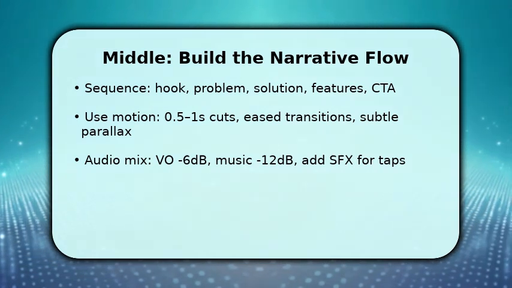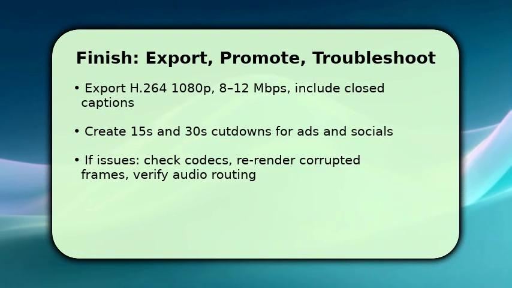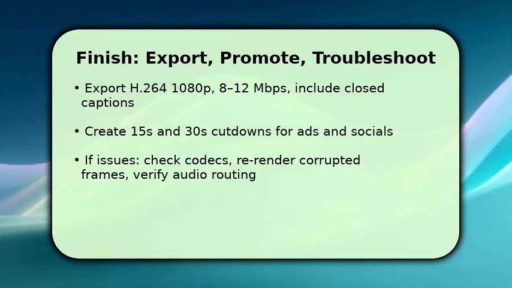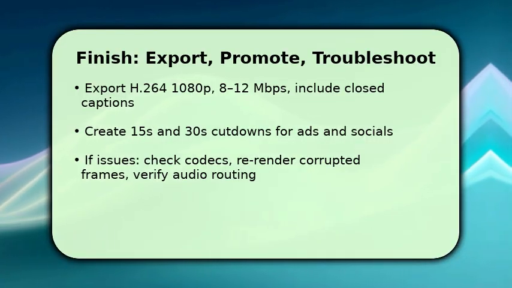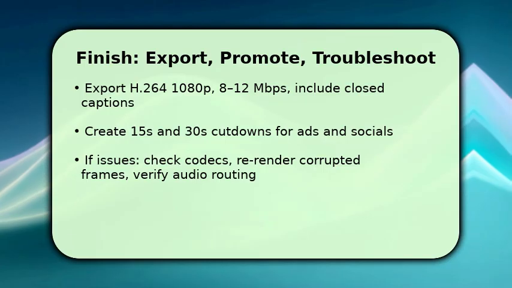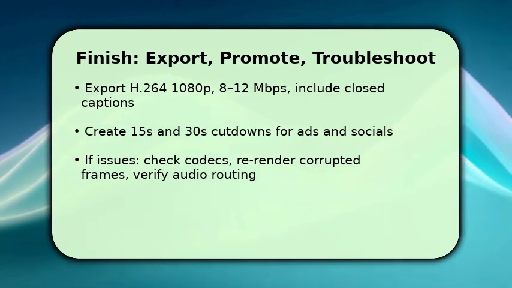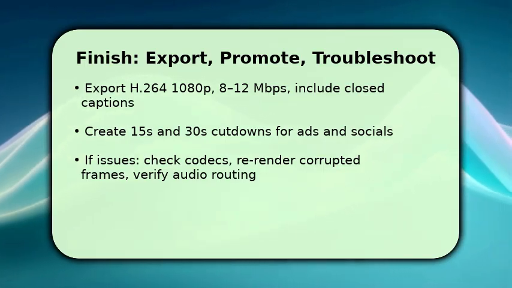You finish by exporting a master H.264 1080p file at 8 to 12 Mbps and adding burned or separate captions for accessibility. Then create 15 and 30-second cutdowns optimized for different platforms and generate thumbnails that focus on the app